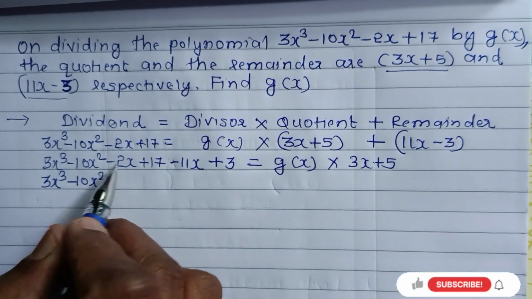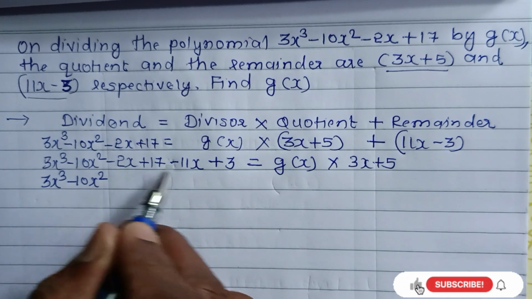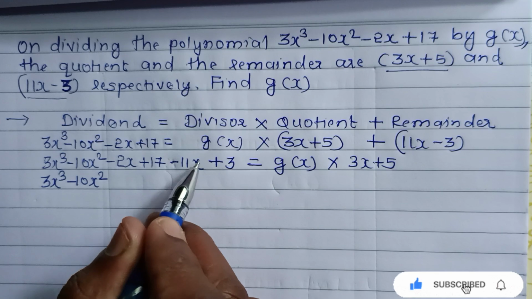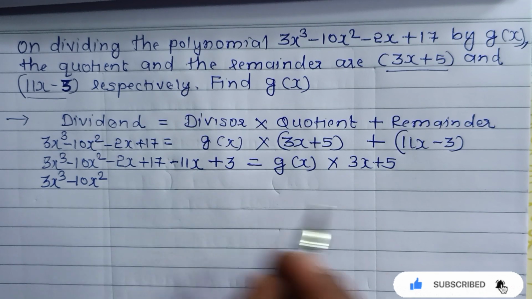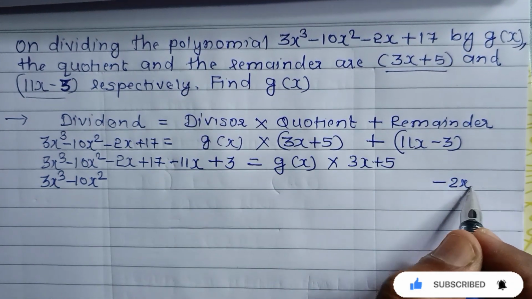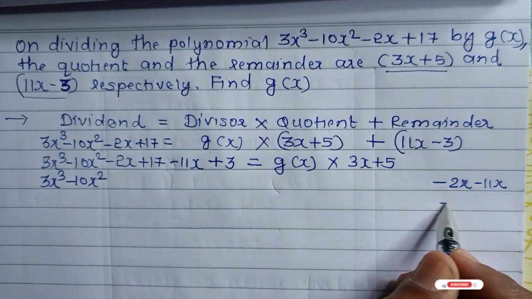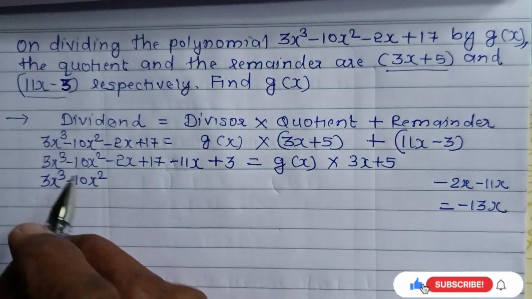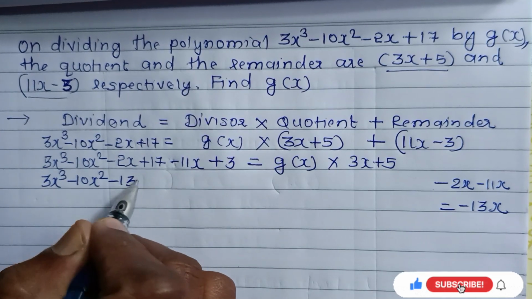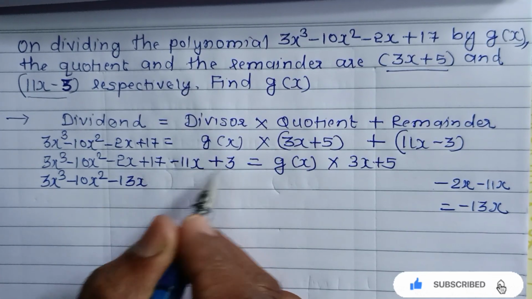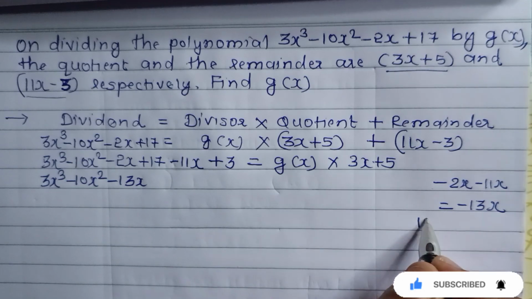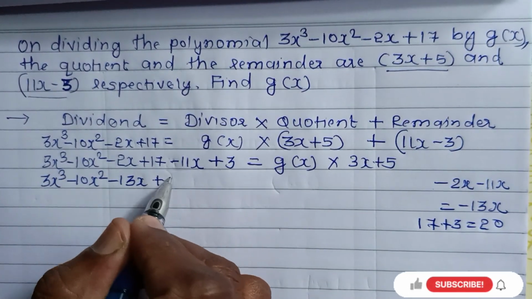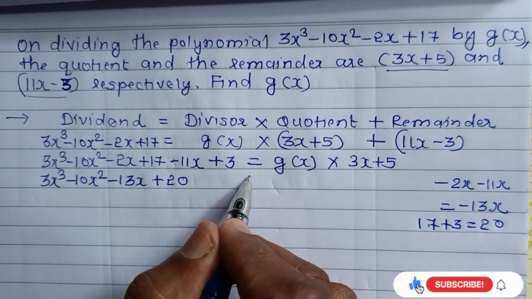Then next, this x is only x here. Is there any like term now? Yes, minus 2x and minus 11x are like terms. So the answer is minus 2 minus 11, which is minus 13x. So this minus 13x you have to write here. And plus 17 and plus 3 are like terms. 17 plus 3, so the answer is 20. So plus 20 is equal to